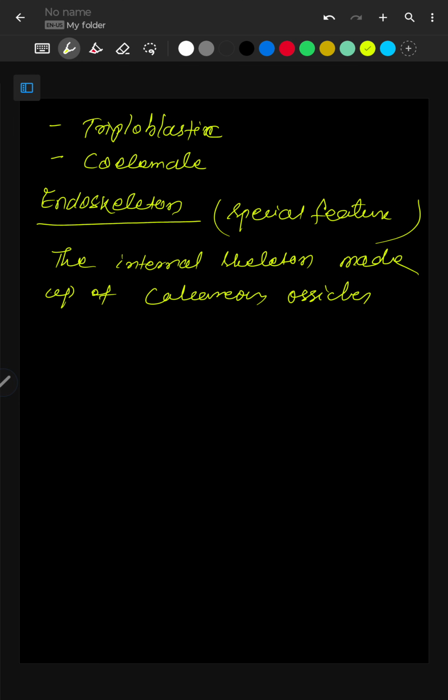In the skin, the ossicles are there. Okay, so these ossicles are microscopic elements which provide rigidity and protection to the body. Okay, so these calcareous ossicles provide protection and support to the body,